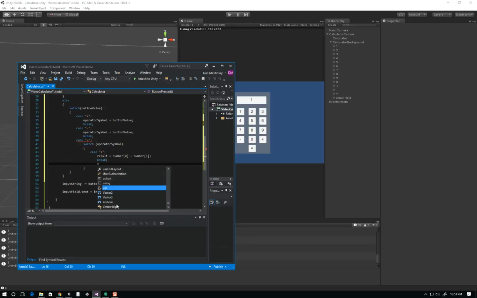So then our next case is a subtraction. Result equals number 0 minus number 1, break. And then break. And actually, we don't want to break yet. What we do want to do is set our input field to our input string. Our input string could be button value,